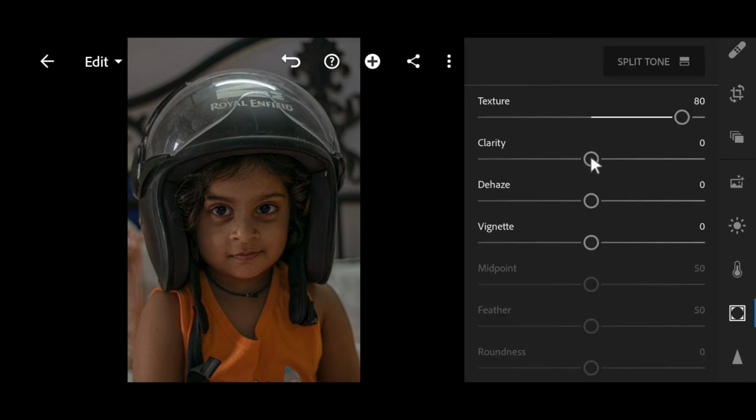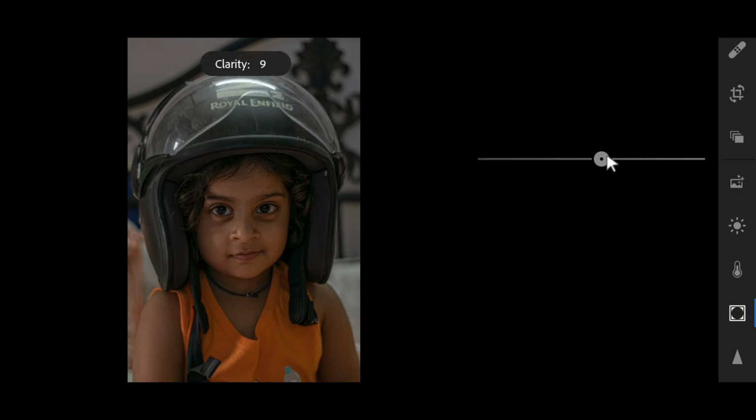And the clarity, when you just add clarity to the image, it just darkens the image a bit. Look at this now. It has darkened the image, but still it is looking great.